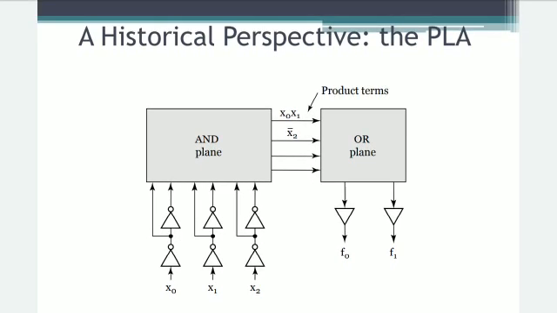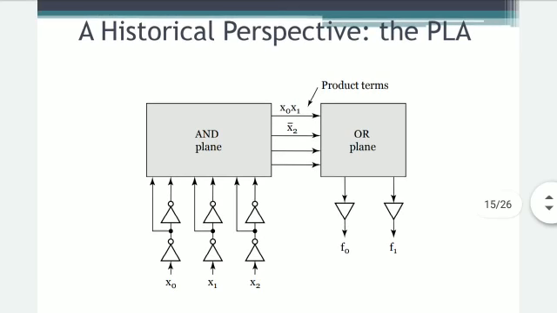First, rather than using an ad hoc approach to laying out logic circuits, a regular structured design approach was adopted, called the programmable logic array, that is PLA. Second, the emergence of automated logic synthesis tools for two-level logic. Now let us discuss PLA in detail.